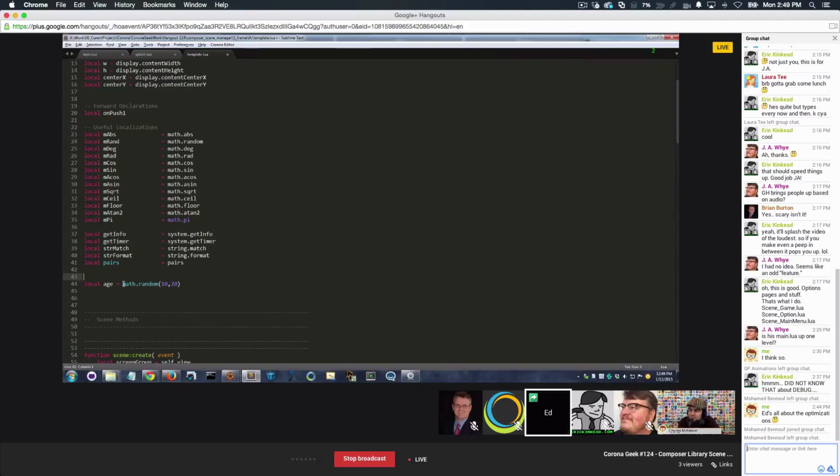Every time this line executes, so if I had, say, a for i equals 1 to a bazillion times loop, this would take forever because it's going to look up the function. It's going to say, aha, math, okay, that's a global variable which points to the math library. It's going to find that pointer in memory, and then it's going to say dot random. Now I've got to go from there and find the random function. So all this work just to get to the point where it's ready to execute the code. Whereas if I do this,